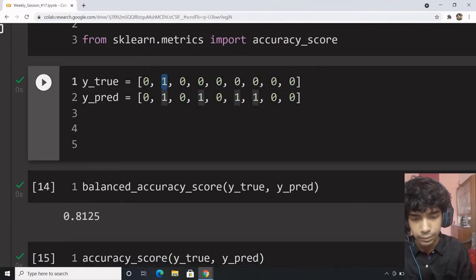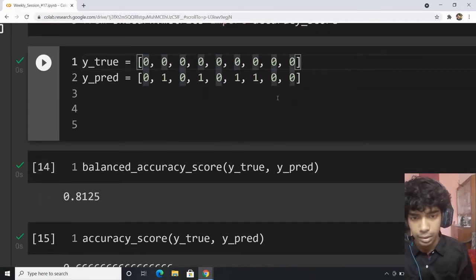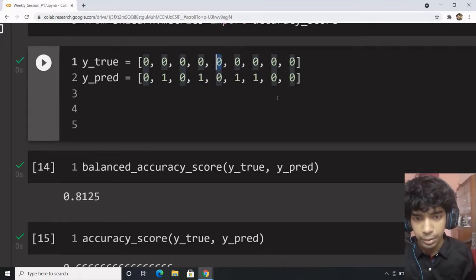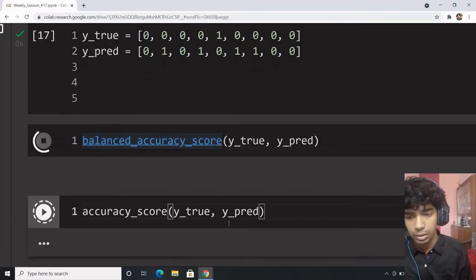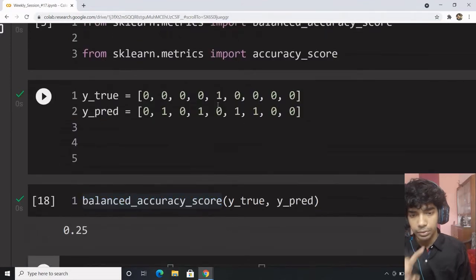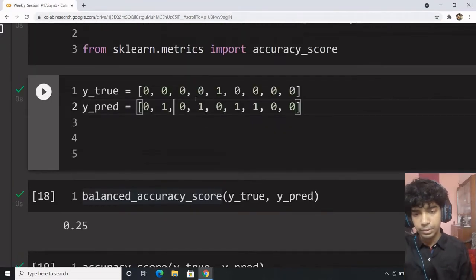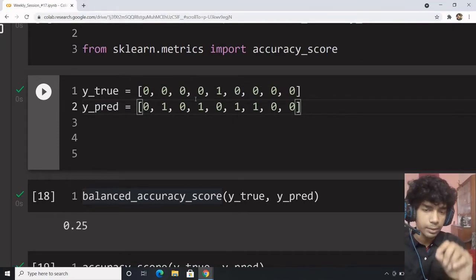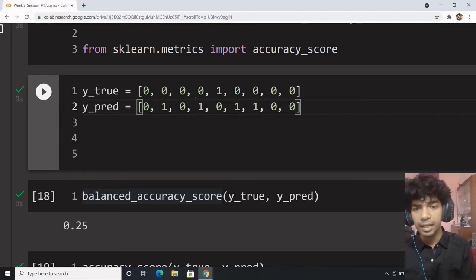Now let's say it was 0 and everything was a wrong prediction apart from the only positive class. Now you were unable to detect the only positive class. So mind one word: if you are able to detect the minority class well, balanced accuracy would fetch a very high score.